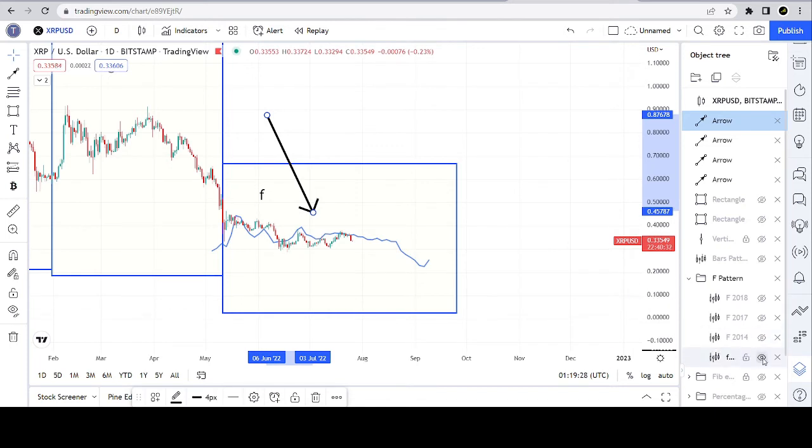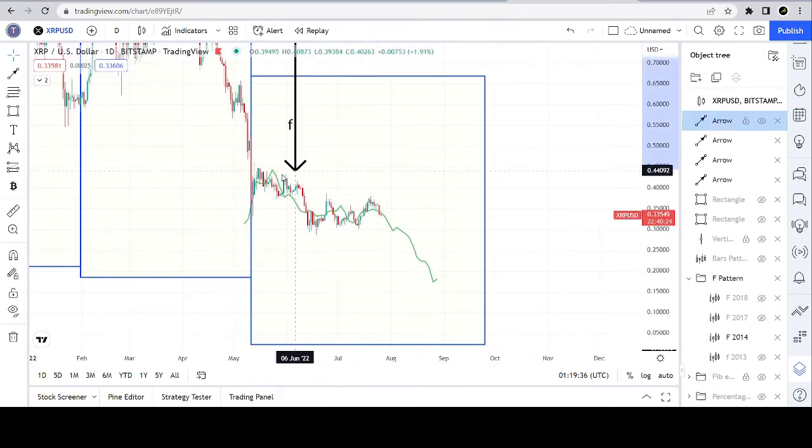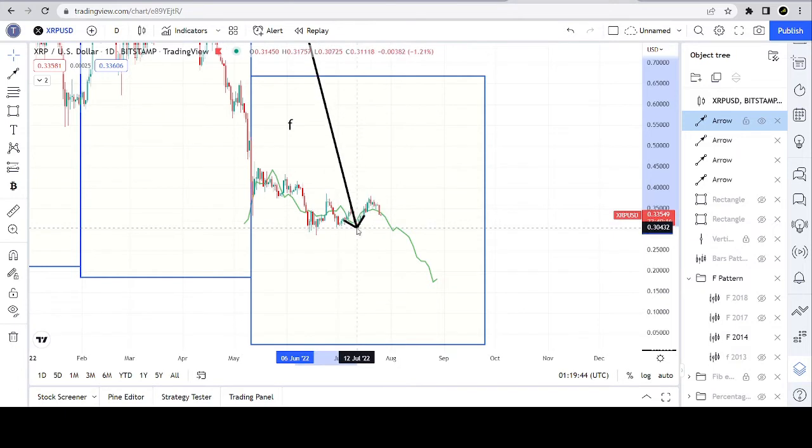So let's take off that 2013 and compare it to the next one that happened, which was in 2014. As you can see here, it did the same thing. It moved up, came back down, did that wave, and then here we have that peak. We don't have this little one here, but what is interesting about what is happening now is the way this